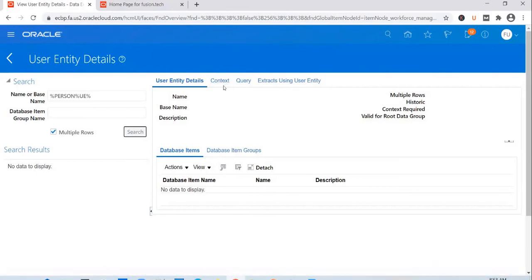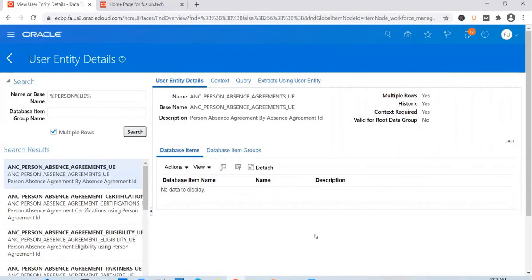What if we try to use a field or use a fast formula? Say, for example, we created a fast formula yesterday which was calculating the tax rate based on assignment marital status, and we added that to the assignment group as an attribute.